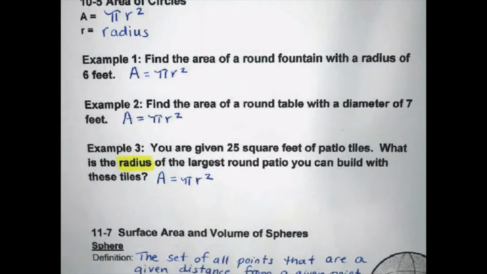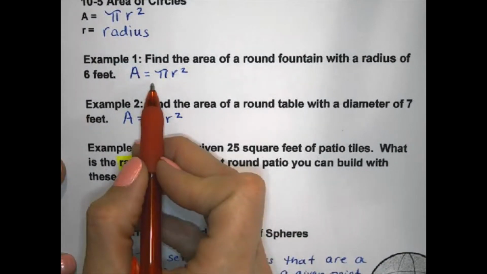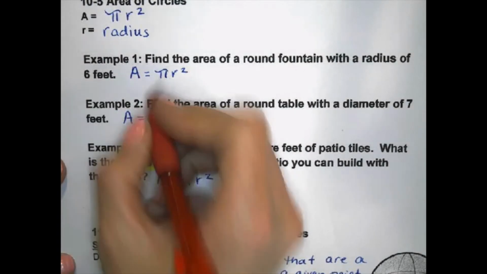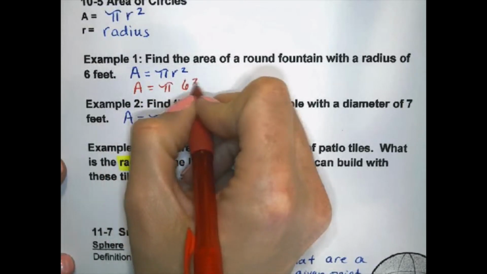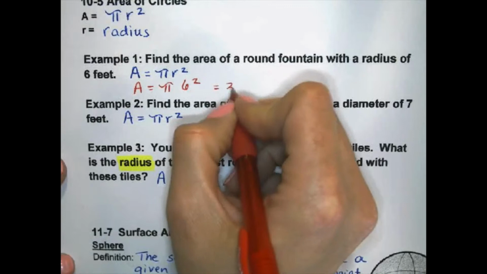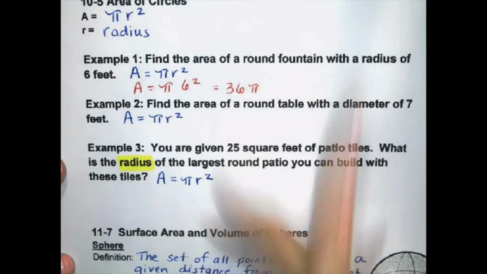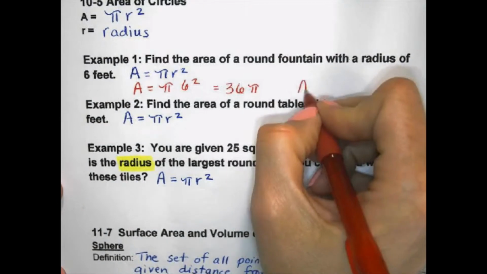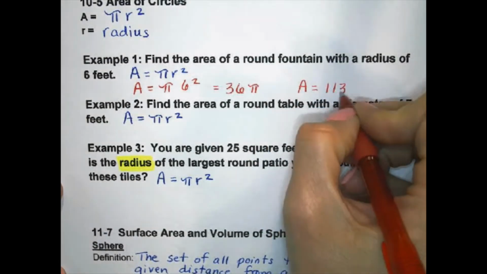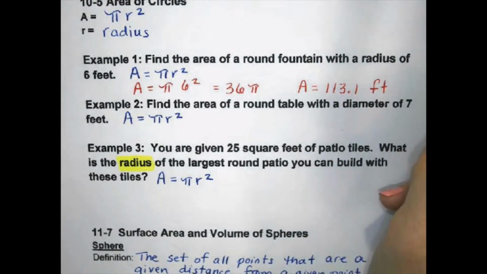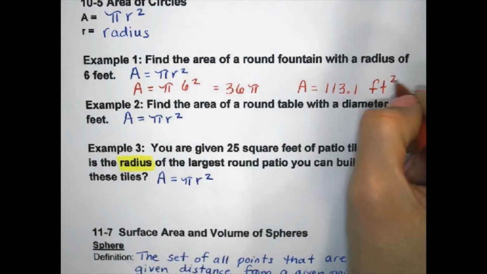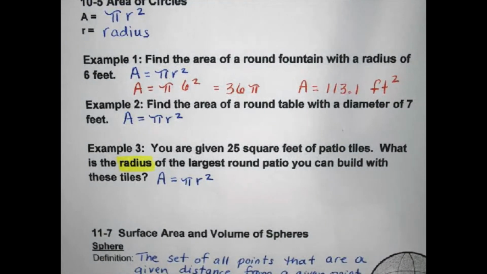In example 1, we are asked to find the area of a round fountain with a radius of 6 feet. In order to do that, I'll use my area formula and I will replace r with 6. So I'm going to substitute and get area equals pi times 6 squared, which gives me 36 pi. If I plug that into a calculator, I will find that the area will equal 113.1 feet. Remember that area is a unit that is always squared. So I am measuring square feet, so my area is